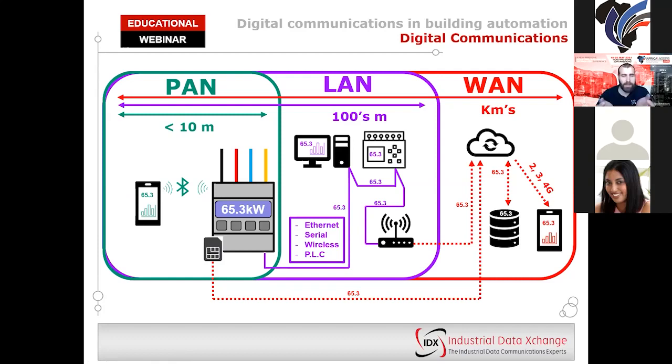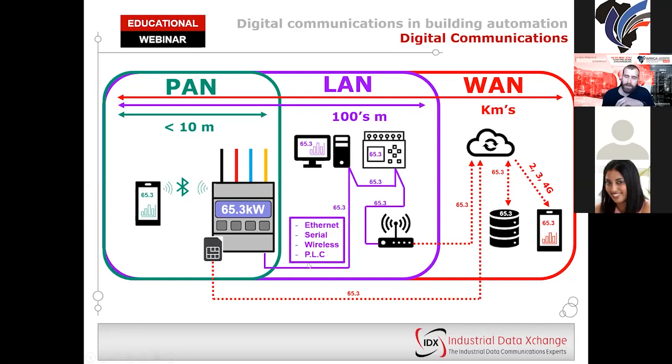And there needs to be compatibility between devices. In other words, the devices all need to speak the same language that I keep talking about. LANs are used to connect all devices, typically within a building, home, or factory, allowing network interoperability between devices. Some of the technologies used in LAN communications are Ethernet, serial,